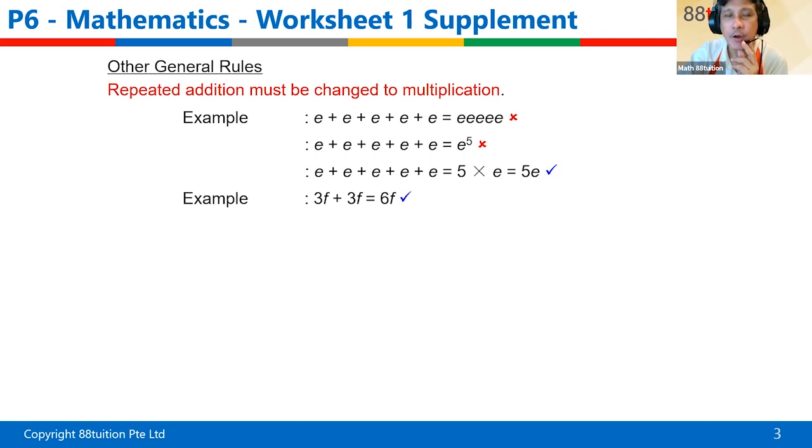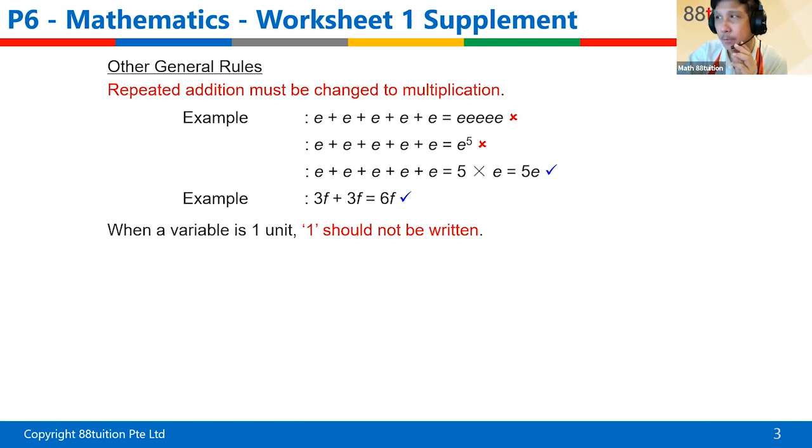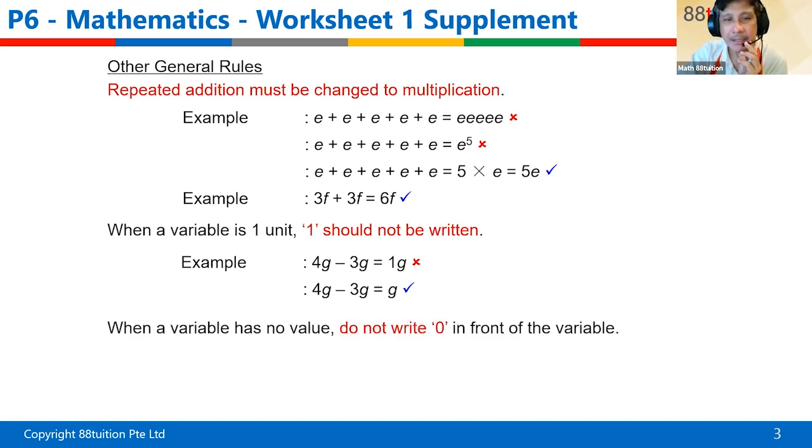Okay. So of course, if I have 3F plus 3F, a repeated addition of 2 sets of 3Fs, you just call it 6F. Okay, then just now we were talking about 1 not to write. So for example, if I have 4G minus 3G, we end up with 1G, but we do not write the 1. Yes, Kaiser, you just write the G. Okay, so be very careful. We just write the G. What if the variable